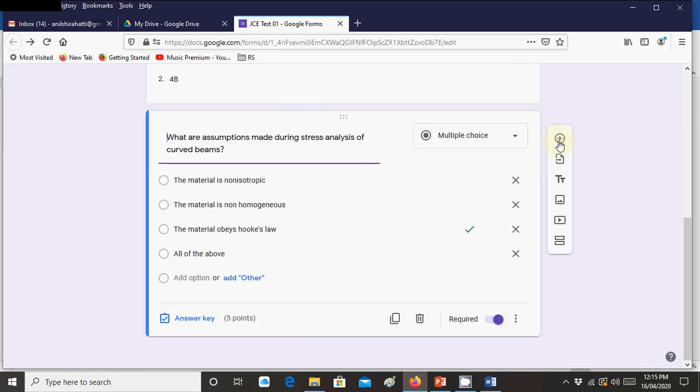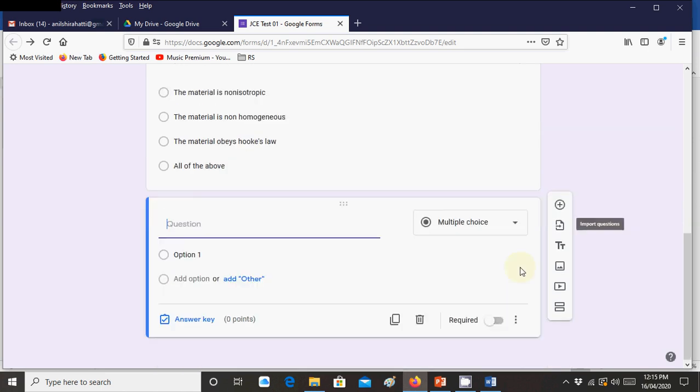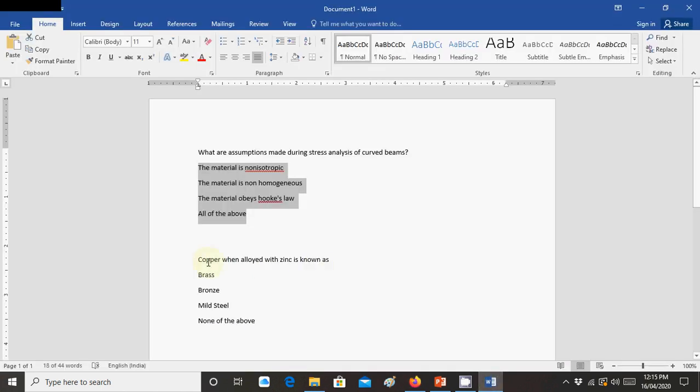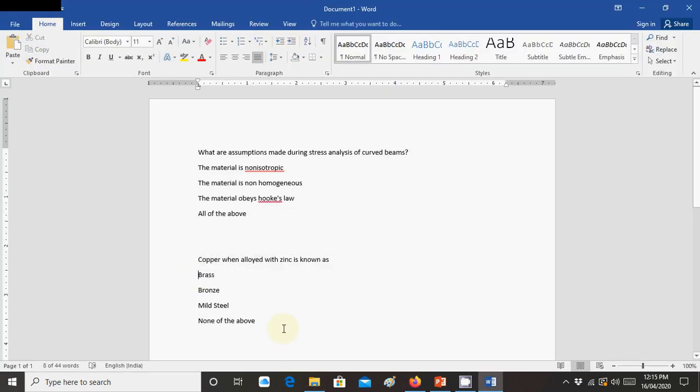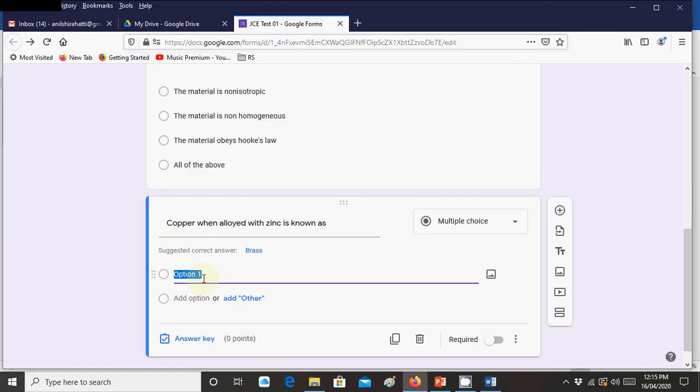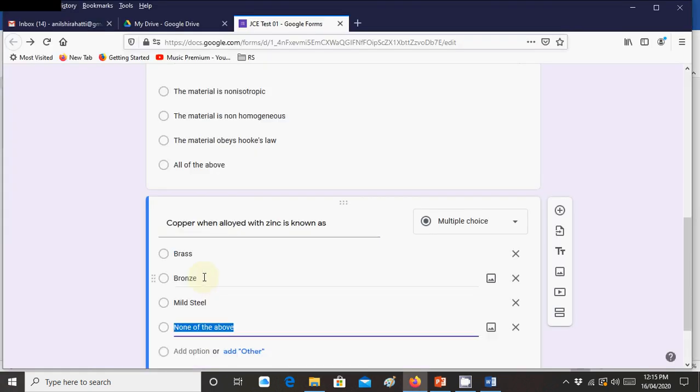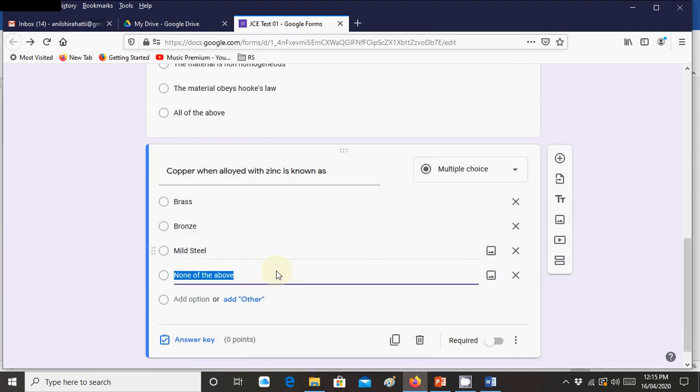Now let's add one more question. So go wherever you have copied. Copper when alloyed with zinc is known as, copied. Okay, go to all four answers. Go to option one, simply paste it, and it will take by itself. Then again go and click answer key.